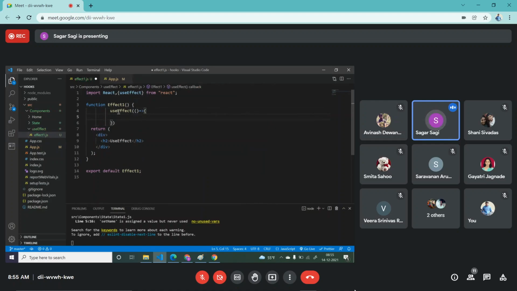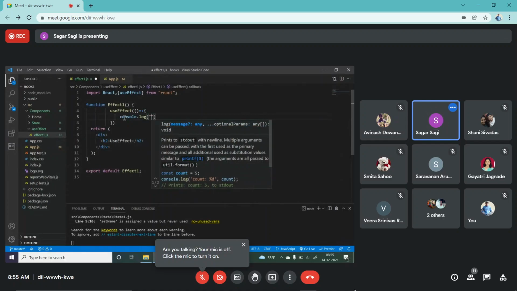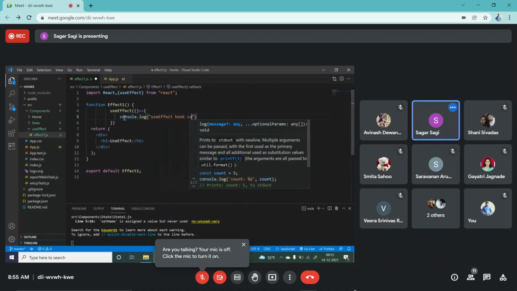So first time, whenever your component loads, that time it will work like a component did mount. So here I'm calling console.log, and I will simply say useEffect hook called.